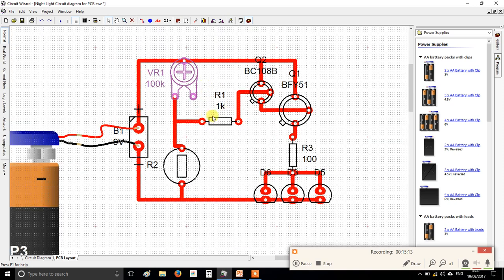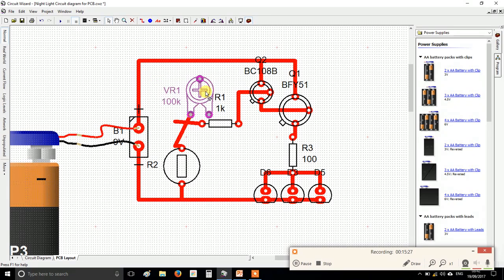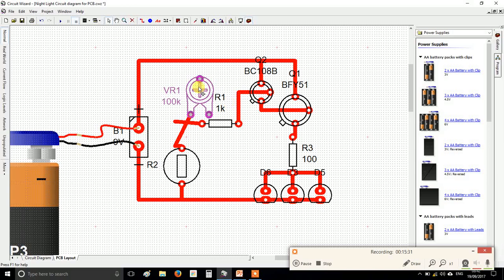Right, the way I like to do it is I pick an object in the middle of the board and imagine it's like a black hole, and black holes suck everything towards them. Okay, so this stays fixed, but I'm going to start pulling things closer towards it. So I'm going to pull my potentiometer down, and then I'm thinking, well, there's a bit of wasted space here. Maybe, I know that this needs to stay connected to there in a second, but if I rotate it clockwise and put it here,